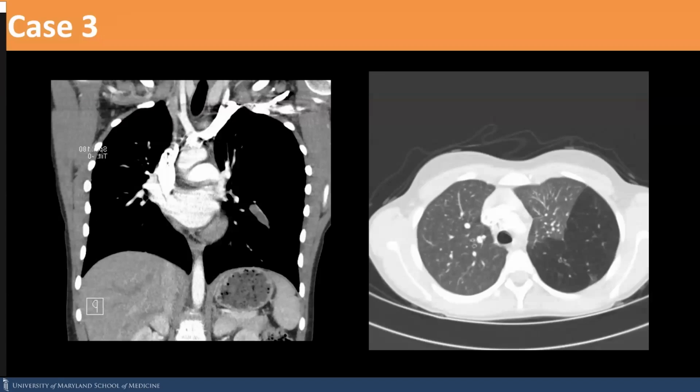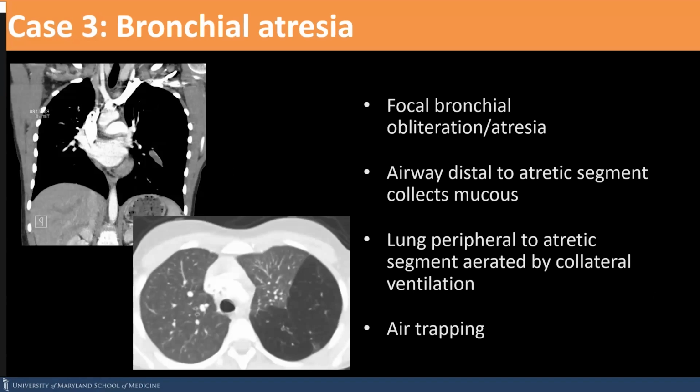So here's a different case of another nodule, but the internal contents are different. This looks like it can be an area of focal bronchial atresia. You have an airway in the left lower lobe with mucus plugging, and what's happening in the atretic portion of the lung is air trapping. And if you look here, you're getting ventilation through collateral supply for this patient, which is where the lung volume is coming from. So this is a case of bronchial atresia with mucus in the airway and an abnormal lung parenchymal finding related to that pulmonary nodule.